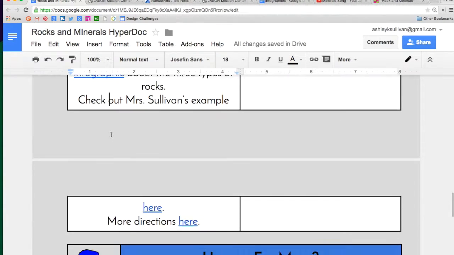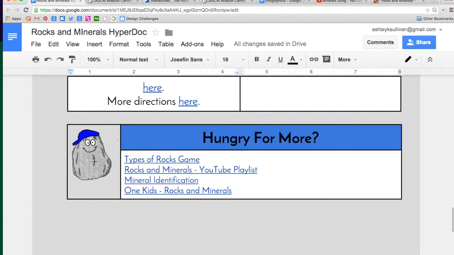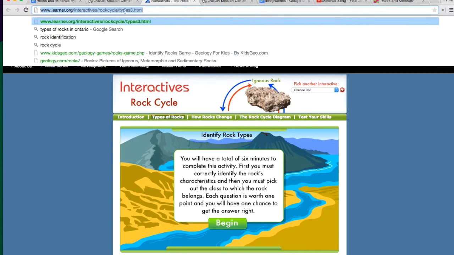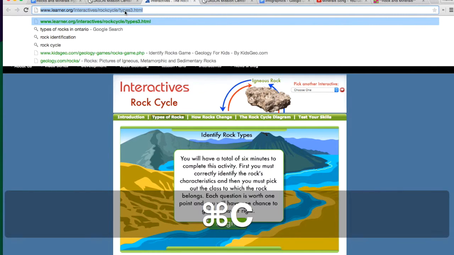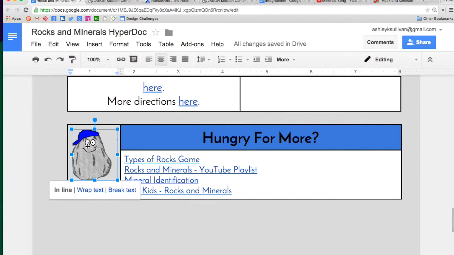One other thing to note is not just words can be linked. You can actually link other things like images. And I'll show you an example of this. If I wanted to use this interactive rock cycle game, I'm going to copy the URL, and then I can take this little image of this rock here,